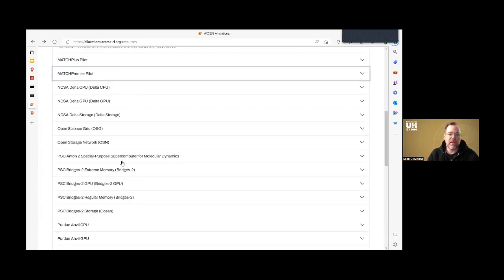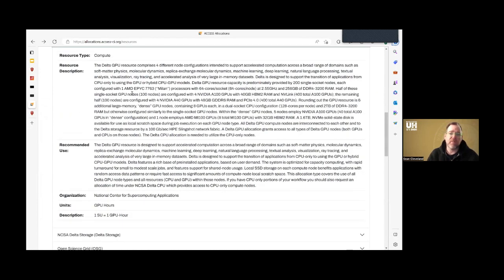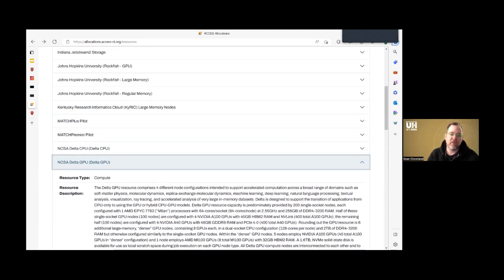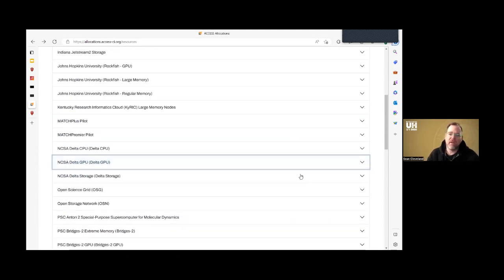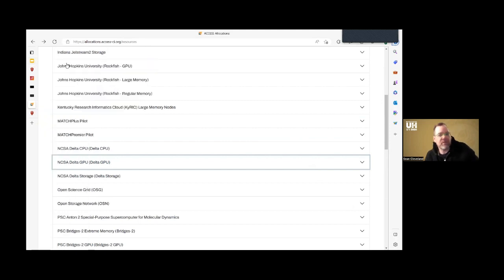In particular, for a lot of the data science folks, the new NCSA Delta GPU cluster is of interest because they have about 100 compute nodes that have 4 A100 GPUs on them each, and then 100 that have 4 A40s on them each, and then a couple that have 8 A100s on them for doing really large NVLink type compute. But for this stuff you basically just fill out the short allocation and you can get a starter setup on these things. So I think we're at the spot where we're at time, but